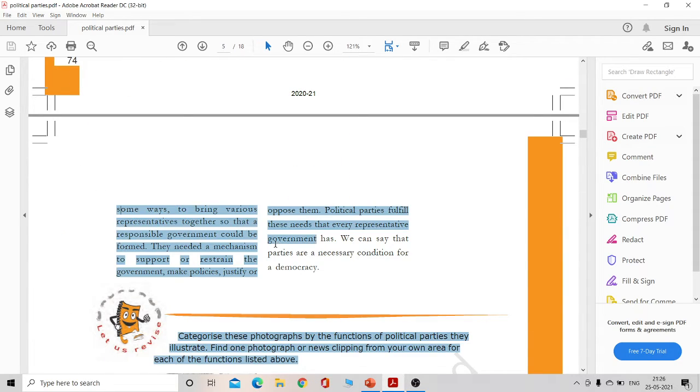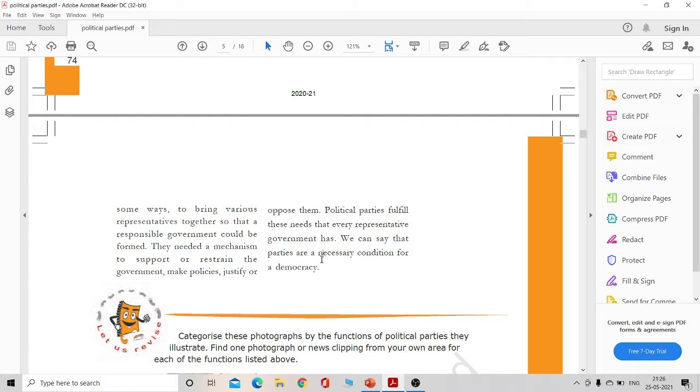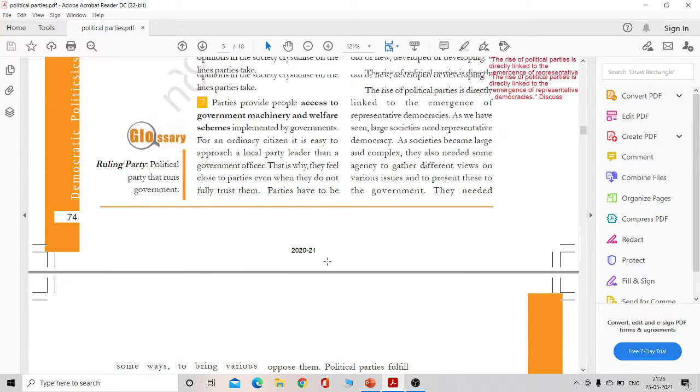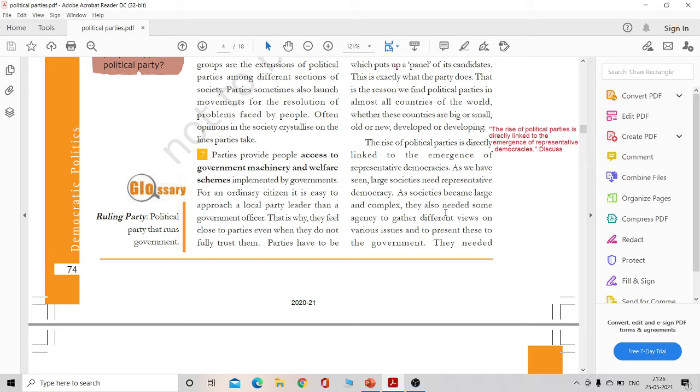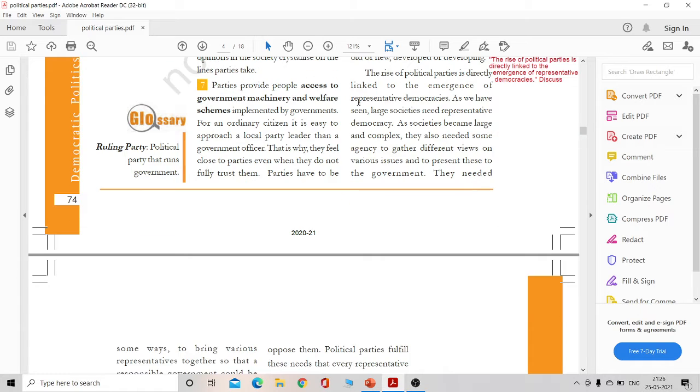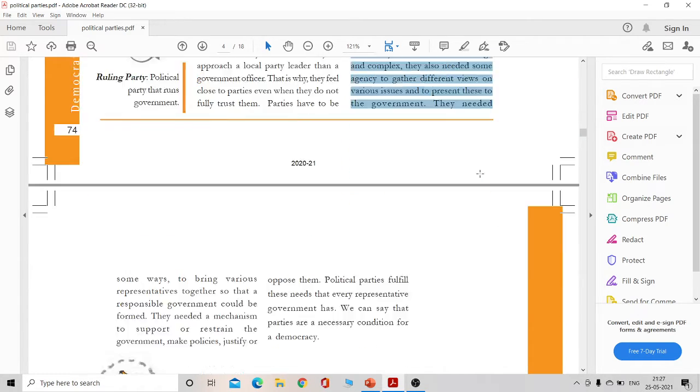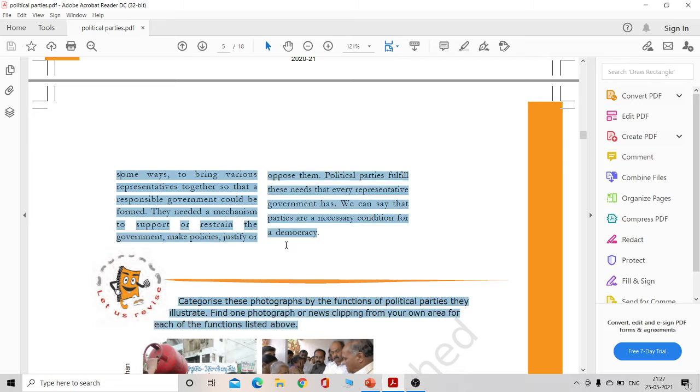So political parties fulfilling these needs for representative government, and that is why we see that there is a direct link between political parties and the emergence of representative democracy. The answer would be on this page and continuing in the next paragraph till here,